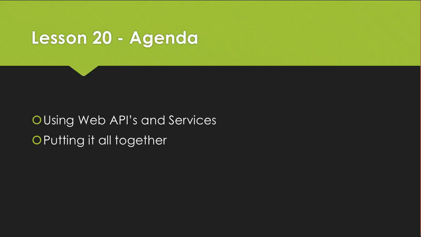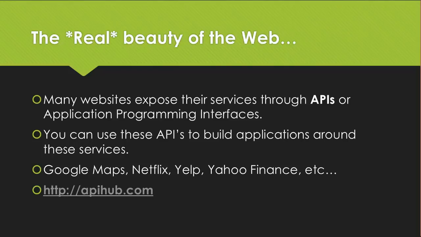and of course, putting it all together. The real beauty of the web is that many websites expose their services through APIs, or application programming interfaces. You can use these APIs to build your applications around these services. Google Maps, Netflix, Yelp, Yahoo Finance, these are all examples of APIs that people use to build their own mobile